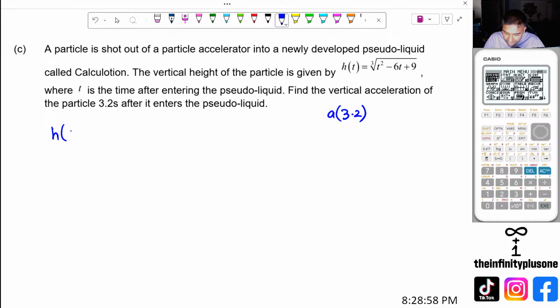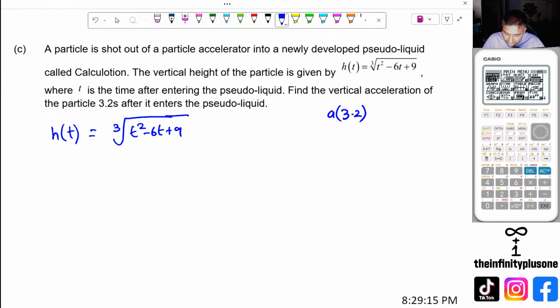So when you've got h of t, that's the vertical height. So you've got to work out the vertical velocity, and then you've got the acceleration. So you just got to differentiate this equation twice. Now the problem is this. When you have something like this,